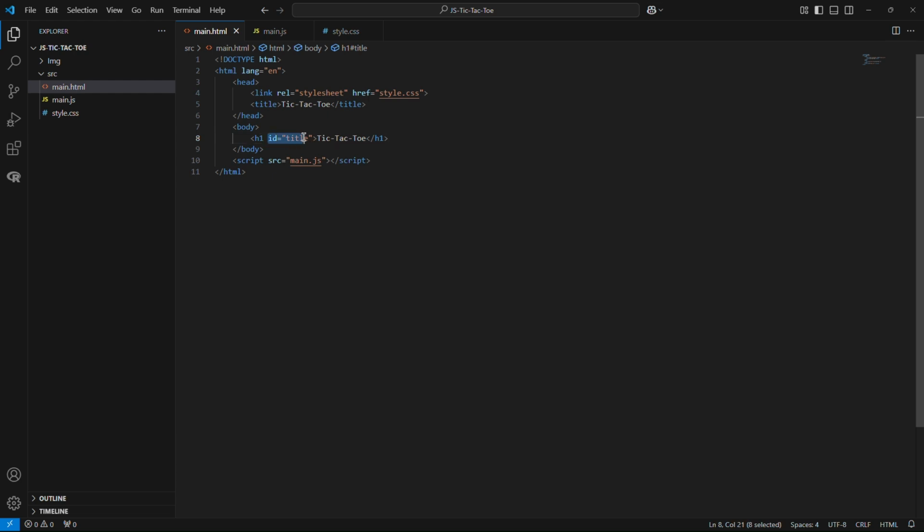So an ID tag in HTML is used to reference an element in HTML later in other files such as JS and CSS as well. So once you give it an ID title, whenever I call the ID title in either this JS file or in the CSS file, the computer knows that this title is what I mean. Okay,